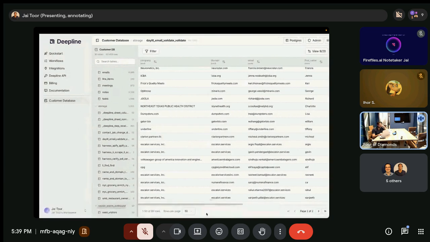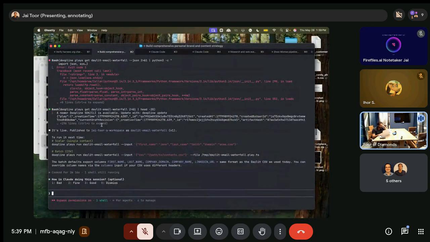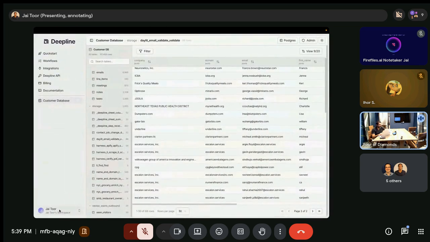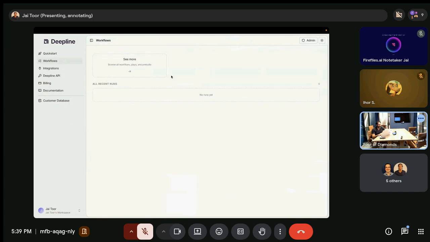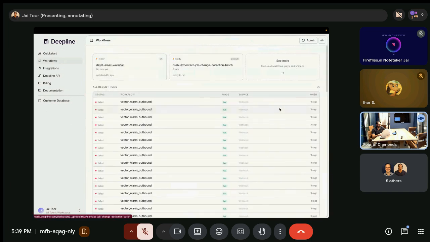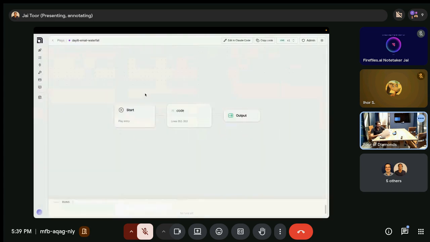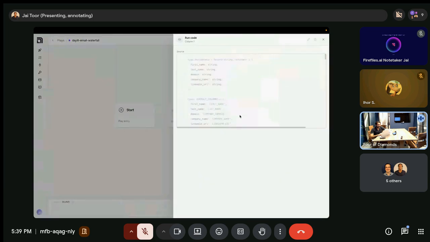Perfect. And so let's see if this added. Cool. So now it should be in my workspace. Workflows, daily email waterfall. So looks like it rolled it together.